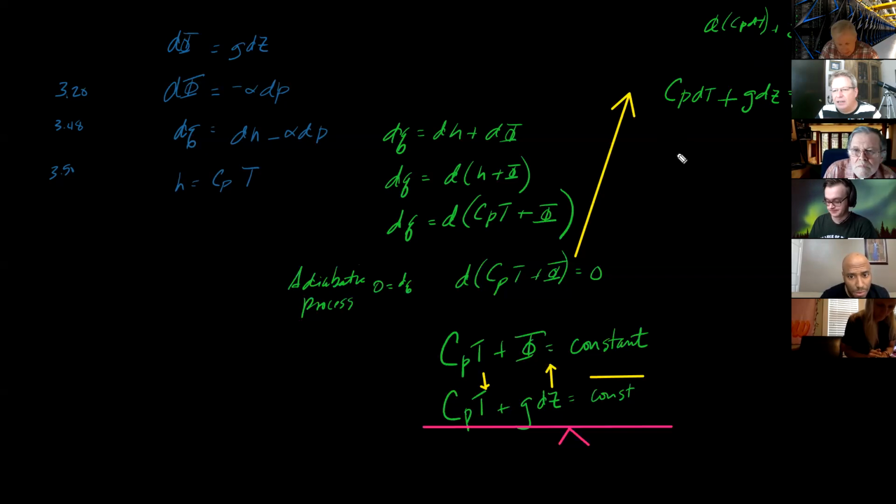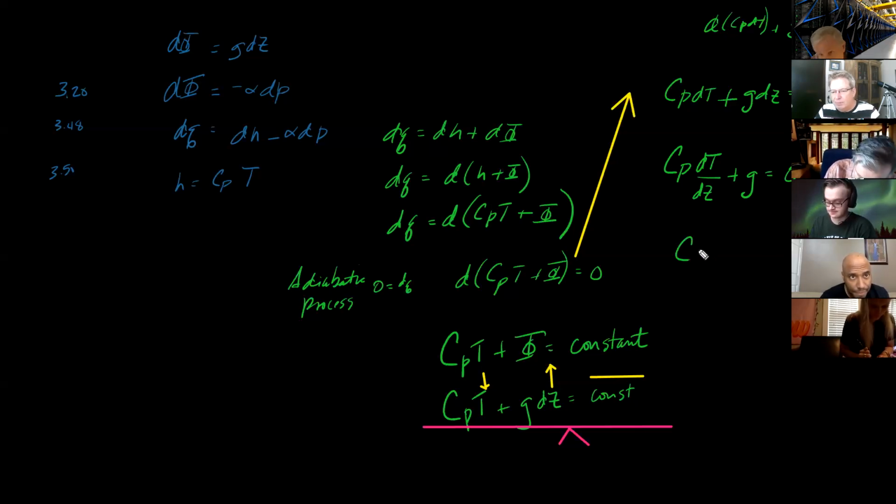Divide through by dz. I get Cp dT/dz plus g equals 0. Then I'm going to go Cp, I'll do it step by step, dT/dz equals minus g, so dT/dz equals minus g over Cp,